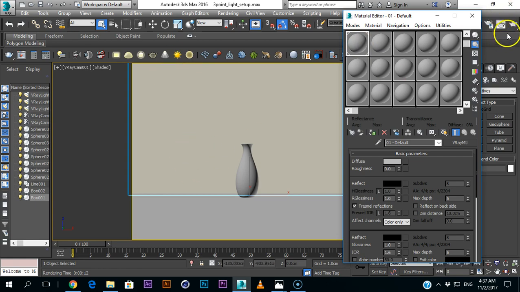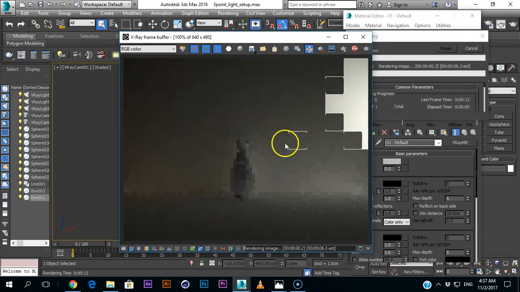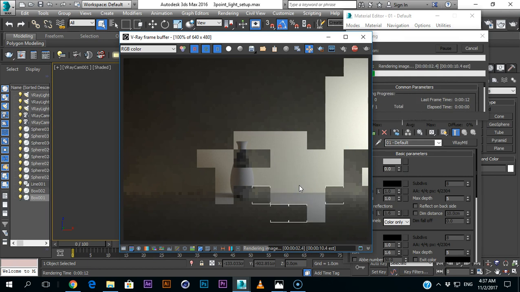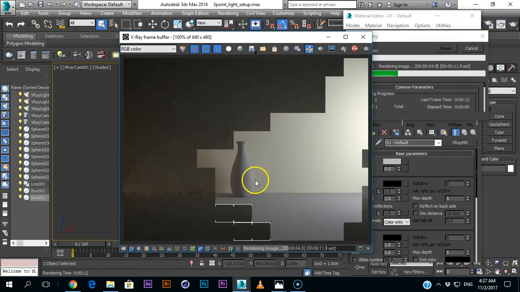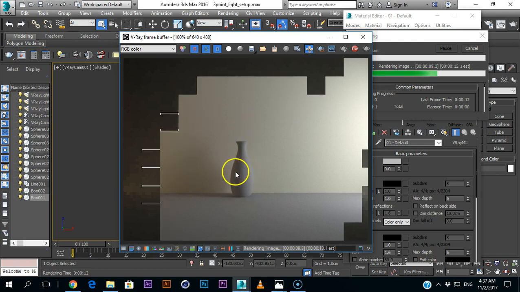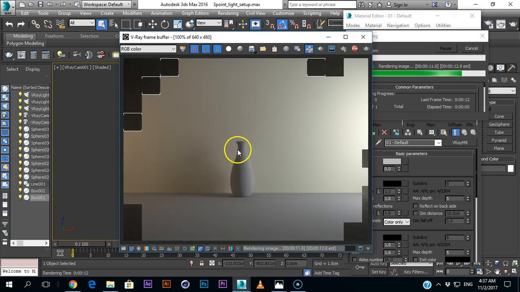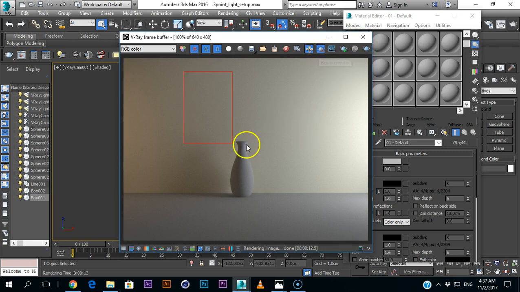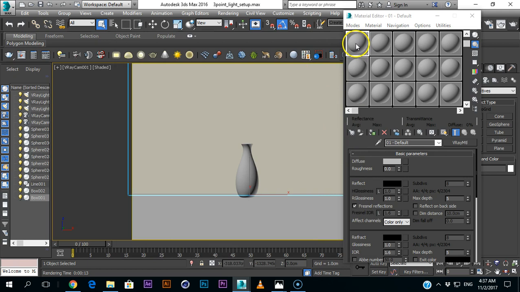Now this is a scene. Let me render and show you the basic 3-point lighting I have done here, and I have created this vase here, nothing else, but this is empty. So we are going to learn on this. What I'll do is select this region so we can render only these things. Select your slot,